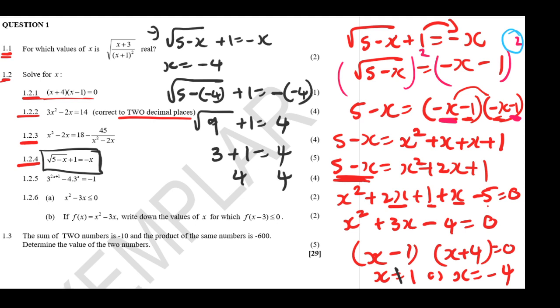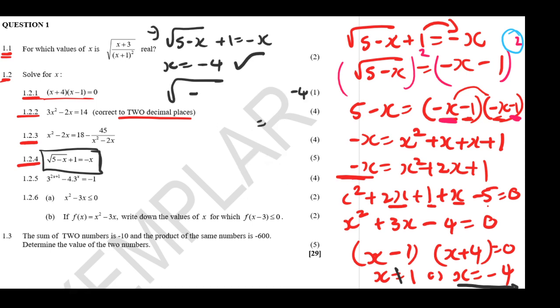They're definitely equal. It's 4 equals 4, right? So this confirms that this is definitely the solution of x. So x equals minus 4 is correct. So we only have one solution of x here. So we are done by so doing, right? So now let's move on to